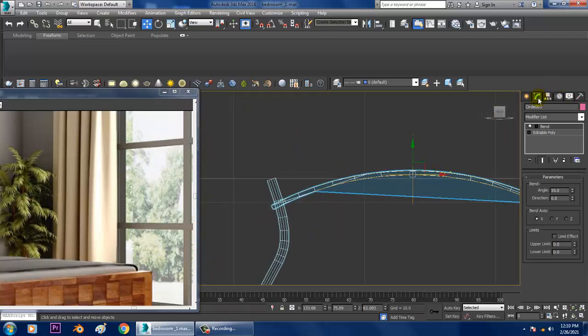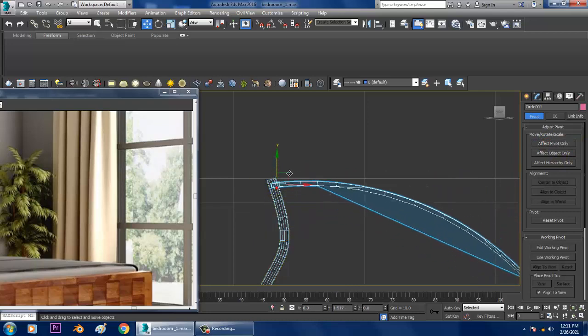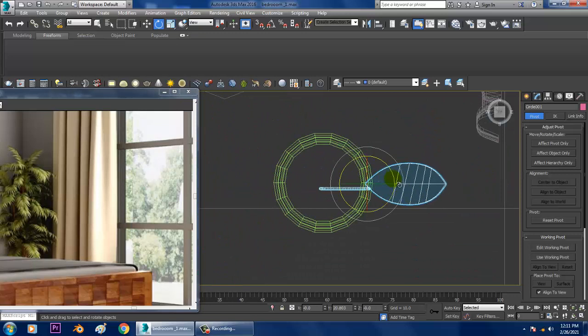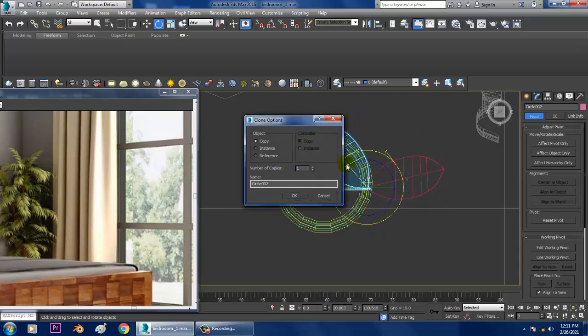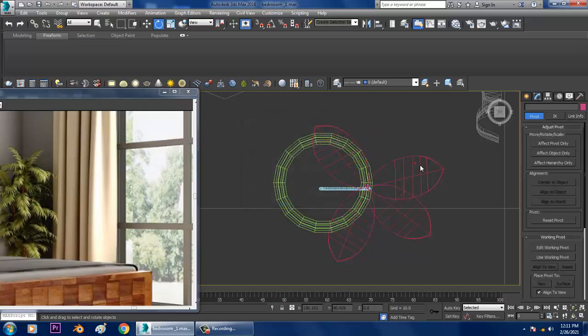So what I can do over here is I can change the hierarchy over here. Shuffle it over here. So shift and drag, and you can just duplicate this stuff.